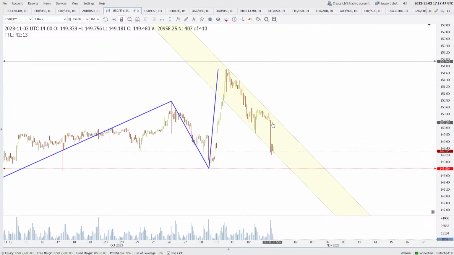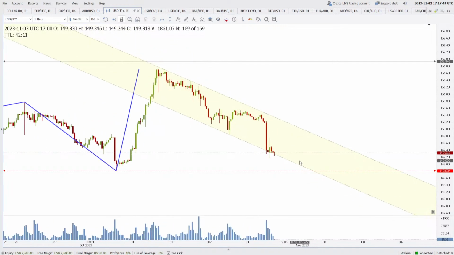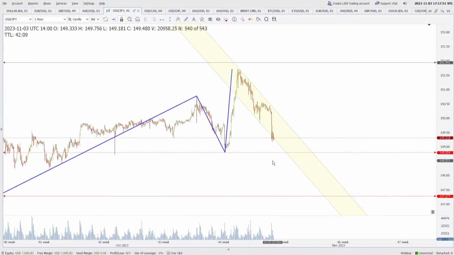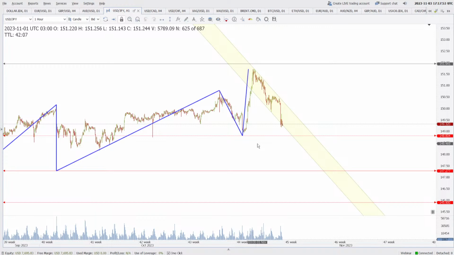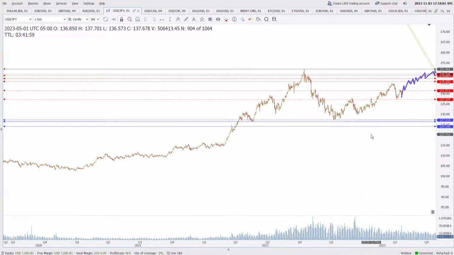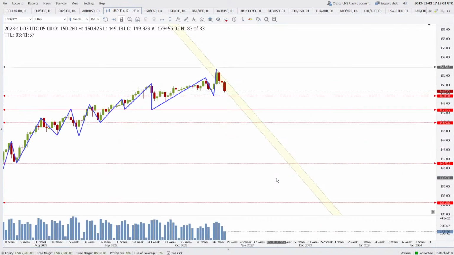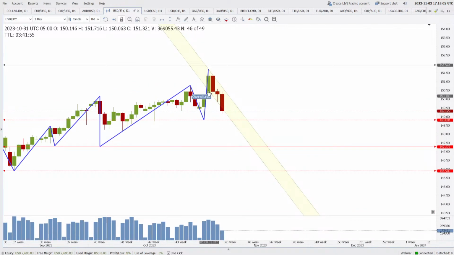USD/JPY, well, we were expecting the price to go down, but this is not what is expected. Anyways, we will be selling this market only and only below 148.80 now, because we are not selling this on the basis of 1 hour. We are looking for a sell off on the basis of 1 day, and that will happen only when the price goes below 148.80 and gives us a clean close below that.